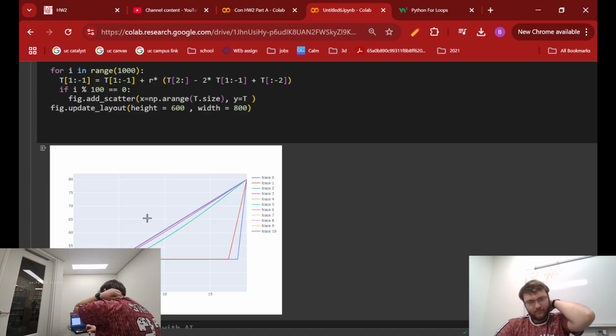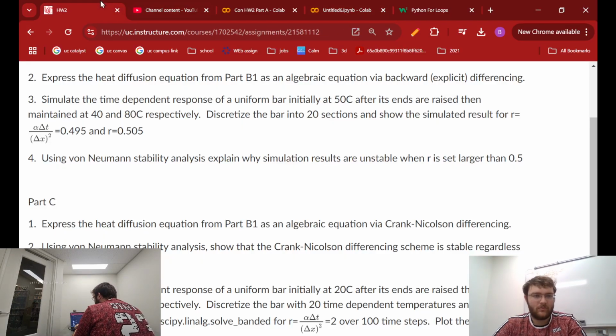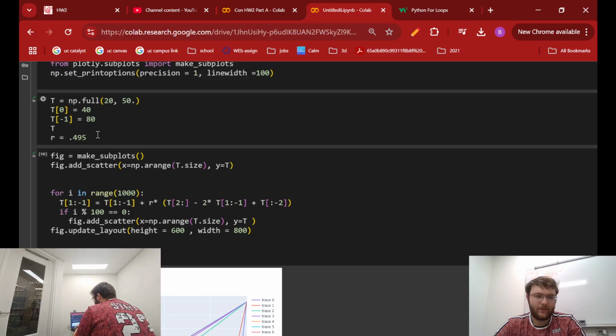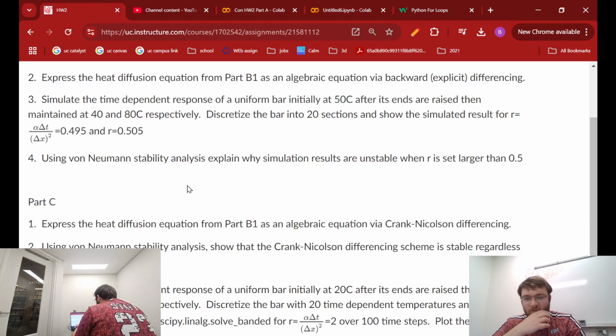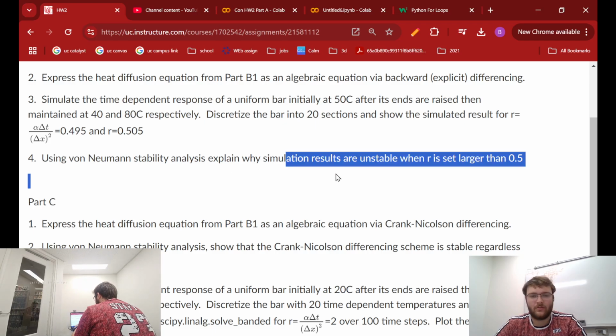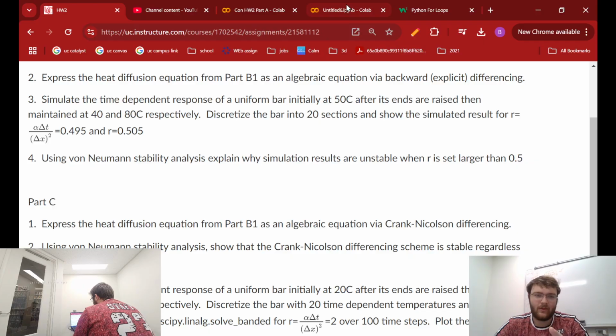We're good. But if we change it to 0.505, we would then get a very wonky graph, which in part 4 we will explain, but let me